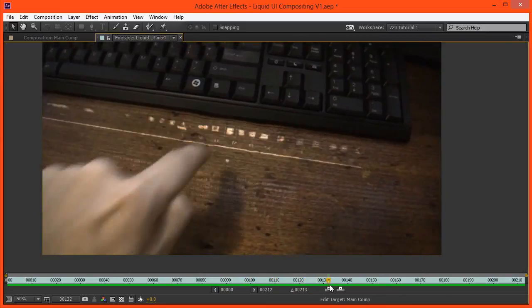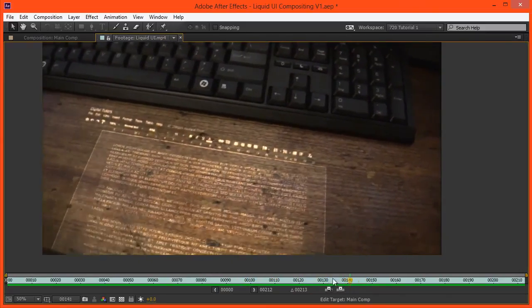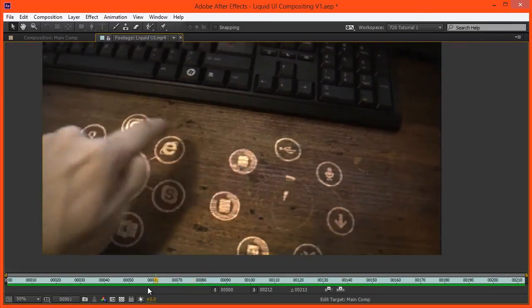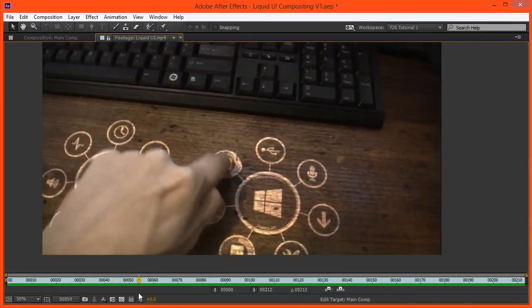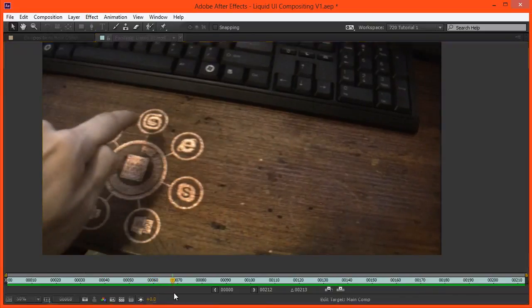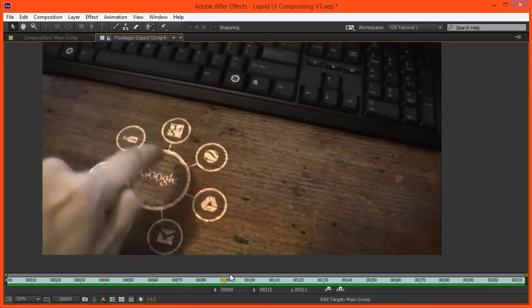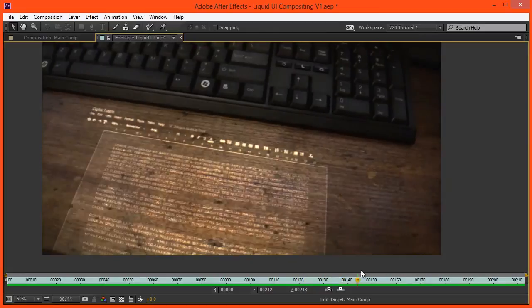it sort of looked like a coherent end result, as opposed to if I had just randomly clicked on the desk in different places. That would have made the motion design process much more tedious, because I would have had to work around wherever I happened to be clicking and design the user interface around where I happened to point my finger, as opposed to knowing that I wanted to click, say, here, here, there, up there, and then do